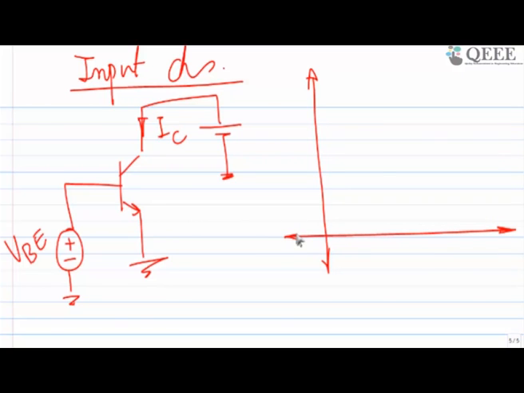When VBE is in the region, let's say, below 0.7 volt or below 0.65 volt, this junction is reverse biased, and there is no flow of current, right? So it's 0. And after 0.7, I'm drawing the ideal characteristic, by the way, after 0.7 there is a current which is infinite. This is something ideal. But in reality, what is going to happen? It looks like this.